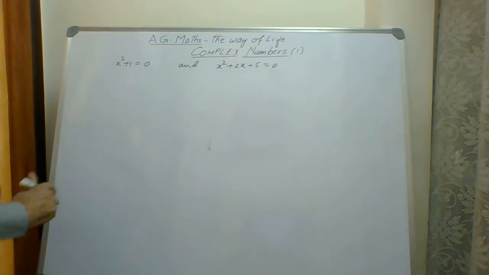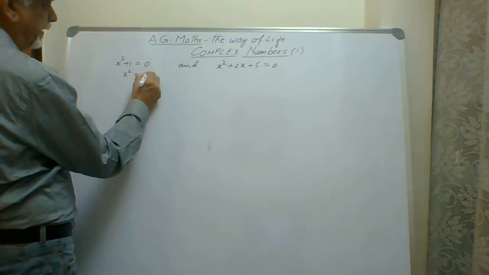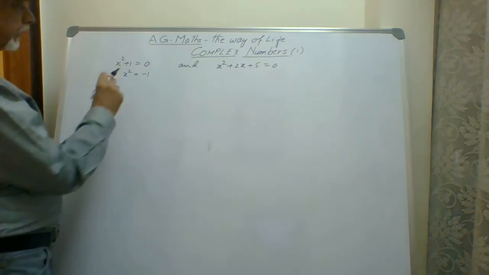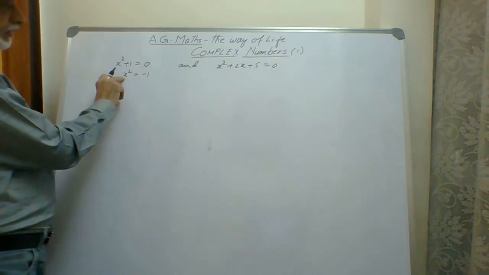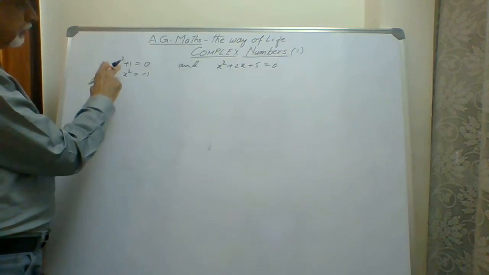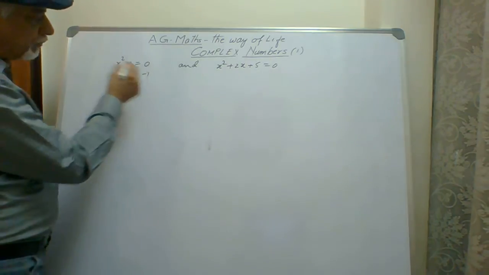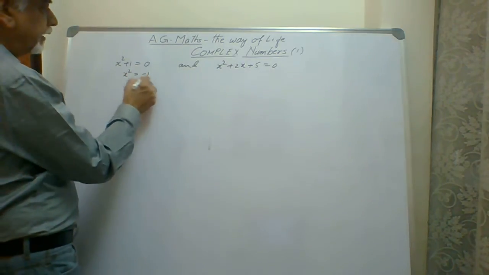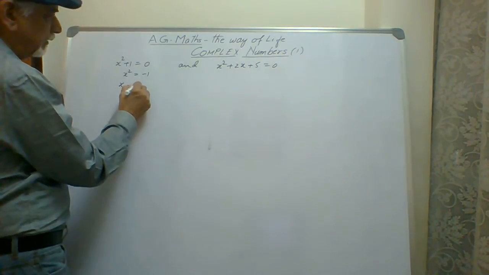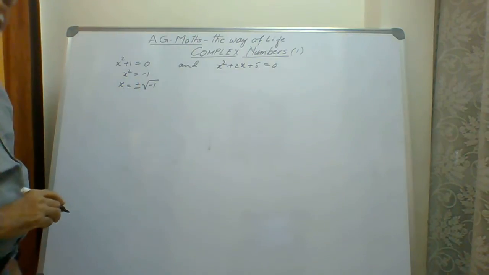So what we get from the first one, we can write this as x square is equal to minus 1. This cannot be solved by putting any real number's value of x. X cannot be 0, x cannot be 1, cannot be 2. So square of 1 will give me a positive 1. Square of minus 1 will give me a positive 1. So I will not get a minus 1. So when I write what is the value of x, I simply write it is something like this.